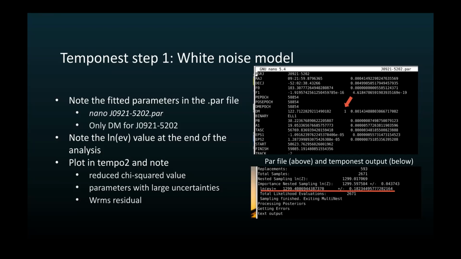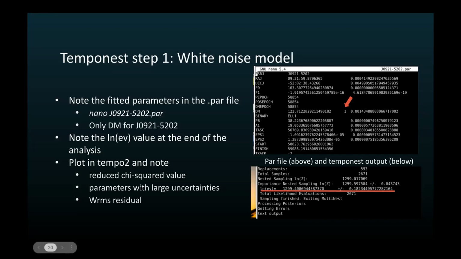So for example, the spin period and the spin period derivative, or frequency and frequency derivative, they are a straight line and a parabola in the timing residuals. And if you take a power spectrum of that, they look like a red noise process, basically. So they can be correlated with